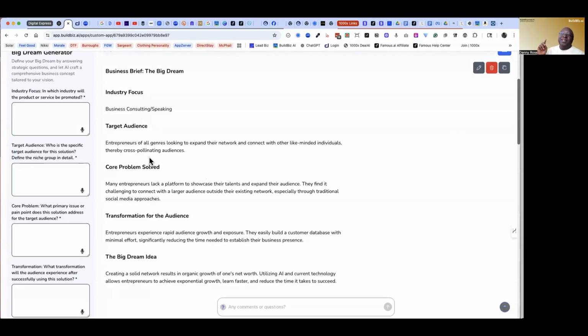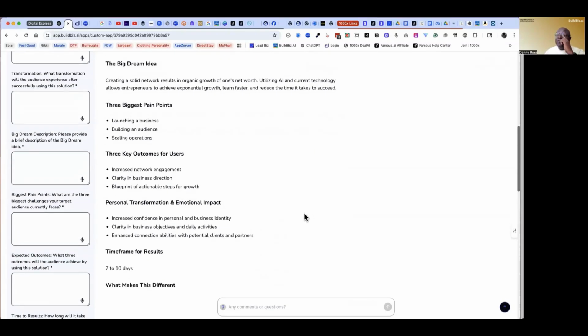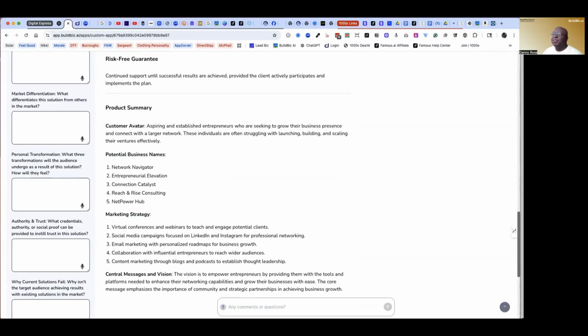Okay, so let's take a look. Big Dream Generator, industry focus, target, core problem that you're solving, transformation for the audience. These are all things you need to make sure that you've considered and have a good grasp on. If somebody wants to volunteer, I'm happy to run an exercise. I want to run what's called a focus group.